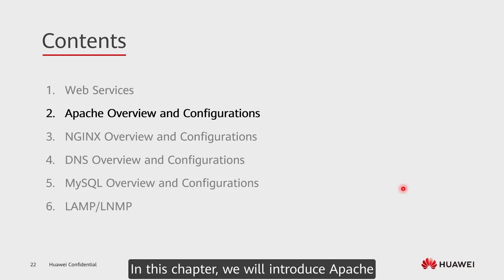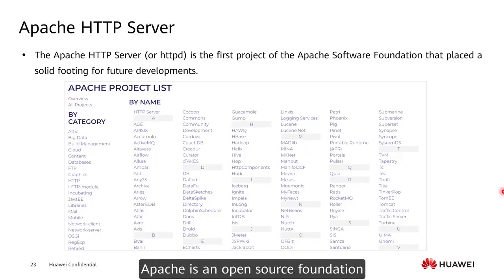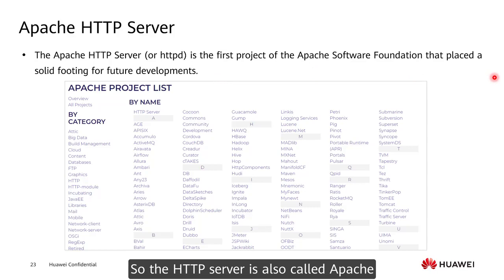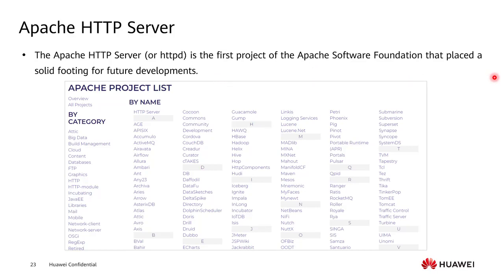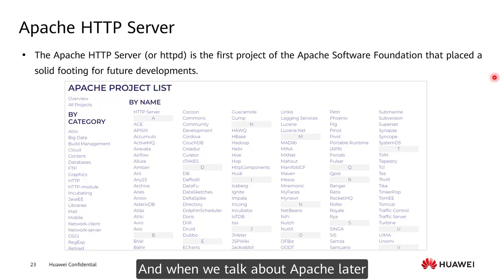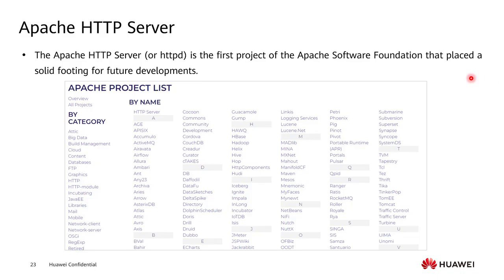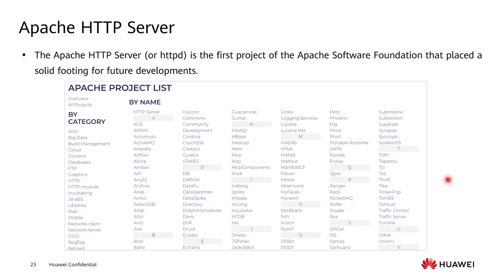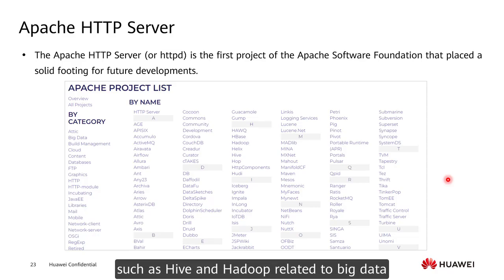In this chapter, we will introduce Apache and its basic configuration. Apache is an open-source foundation. Its first project is the HTTP server. So the HTTP server is also called Apache. And when we talk about Apache later, it refers to the HTTP server project. And also, there are many famous projects under the Apache open source foundation, such as Hive and Hadoop related to